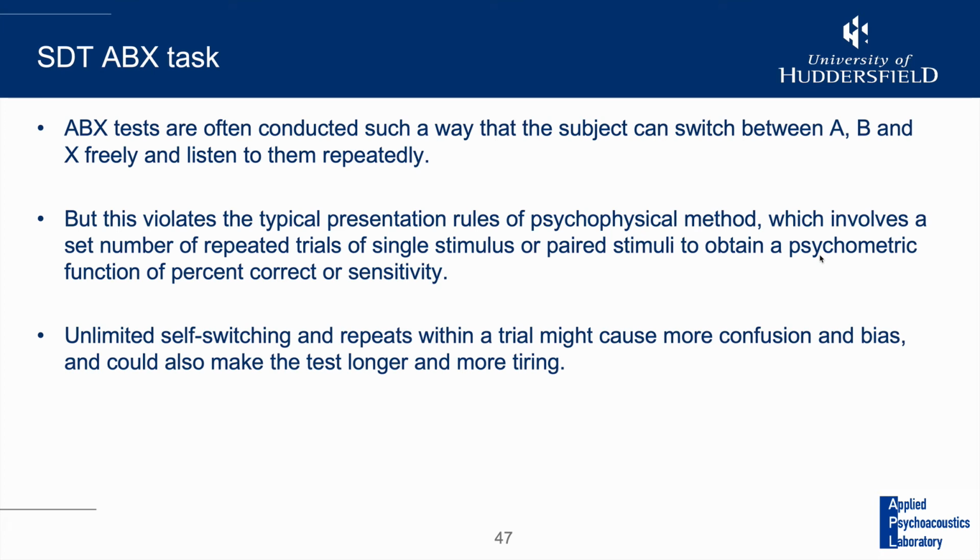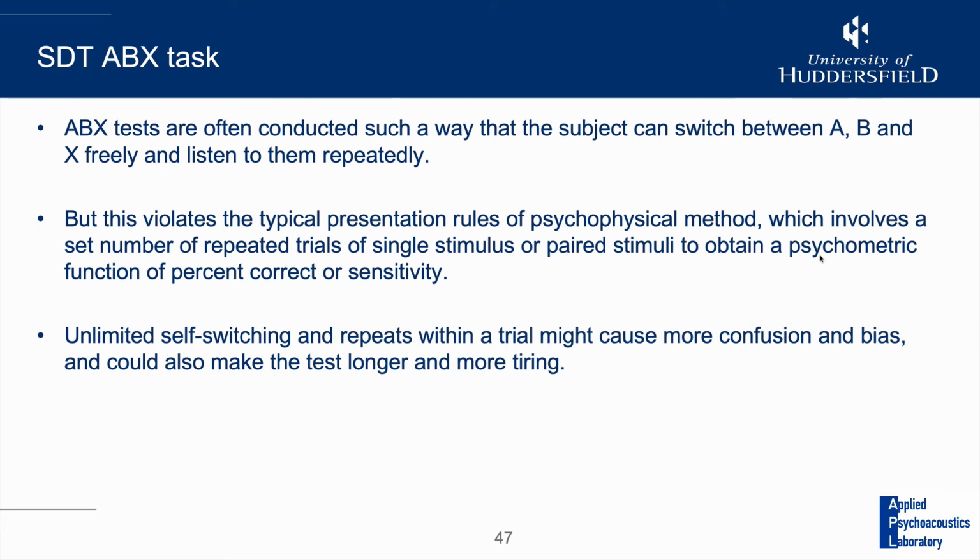So, allowing unlimited self-switching and repeat within a trial might cause more confusion and bias, because the decision criterion might be moved to the left or right constantly, and the listener might eventually get more confused, and also there would be listening fatigue if they try to compare the A, B, and X repeatedly, and eventually the whole test might